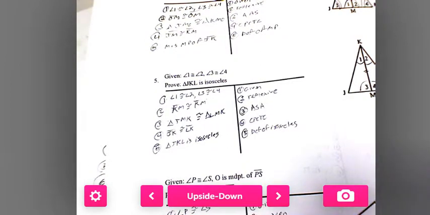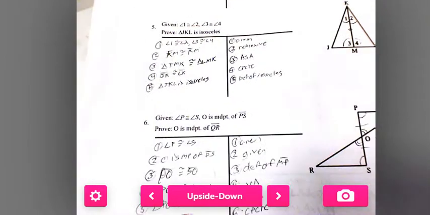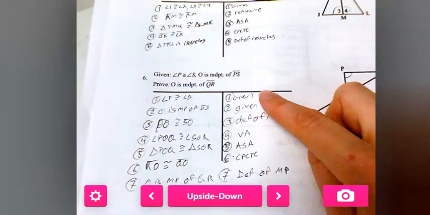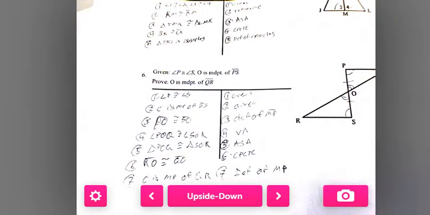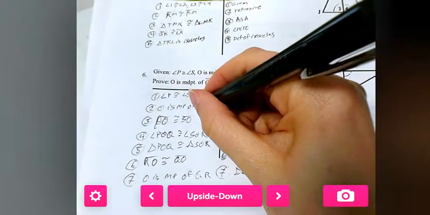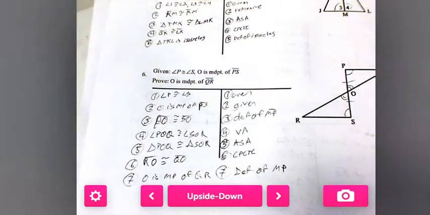Okay. Number 6. I put the givens on separate lines. You could have put them on the same. P is congruent to S, and O is the midpoint of PS. That's given. Let me make this look more like a P and less like a D. And then I have